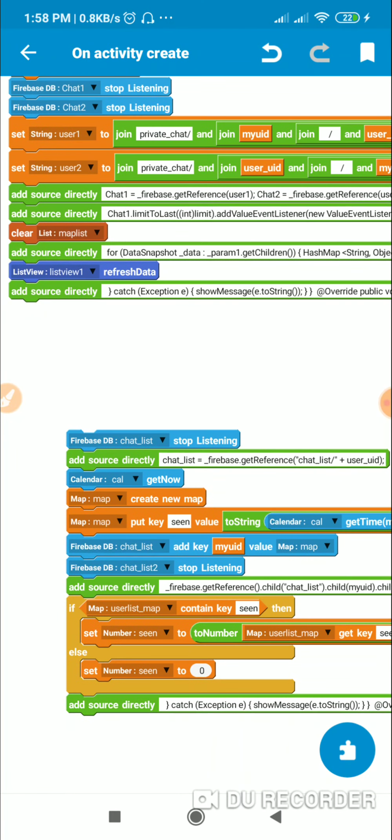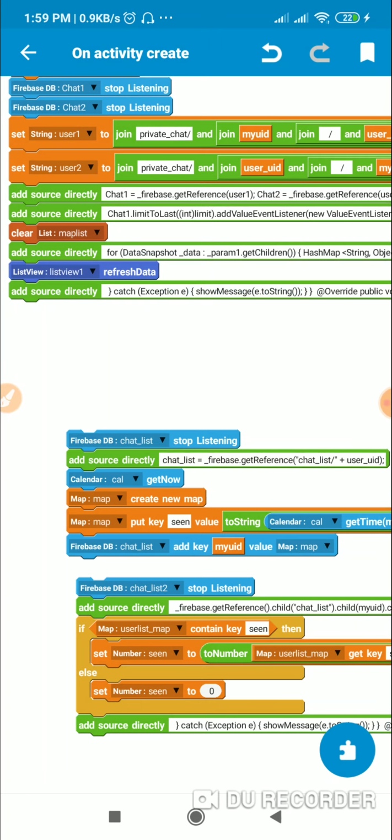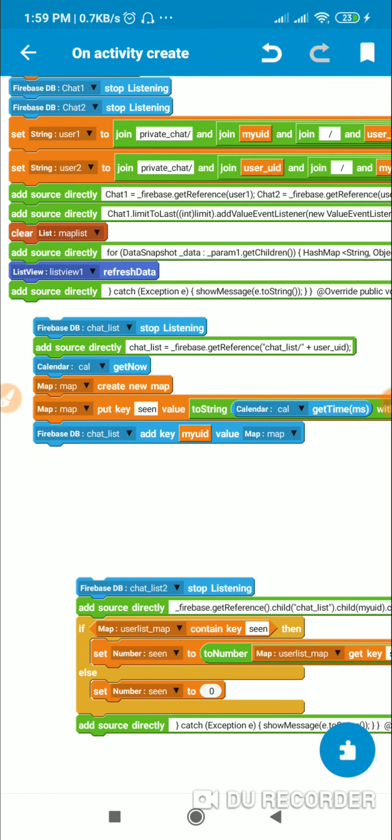After this I have chat list stop listening. This code I use to update the current time as the time when the current user has seen the message of the second user. So the current time will be updated in the chat list of the second user.